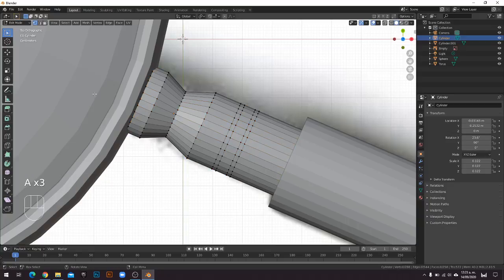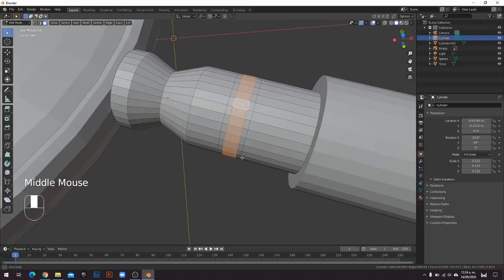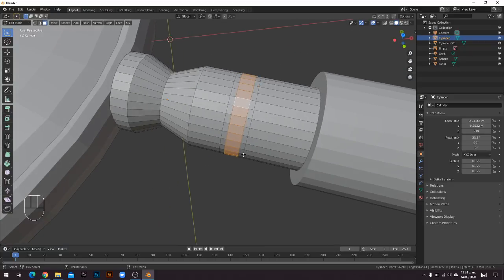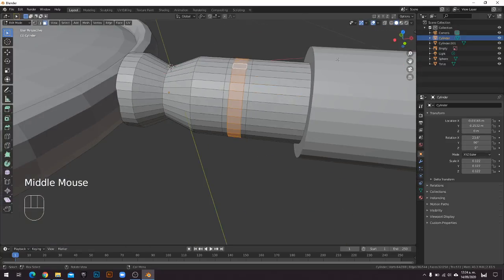Let me show you another way. If you change your select mode from vertices to faces, remember it's up here, it's very similar. You press Alt and click on one face and it's going to select all the ring of faces right here. This is not for selecting vertices, this is for selecting faces. In this case, I want you to select these faces because